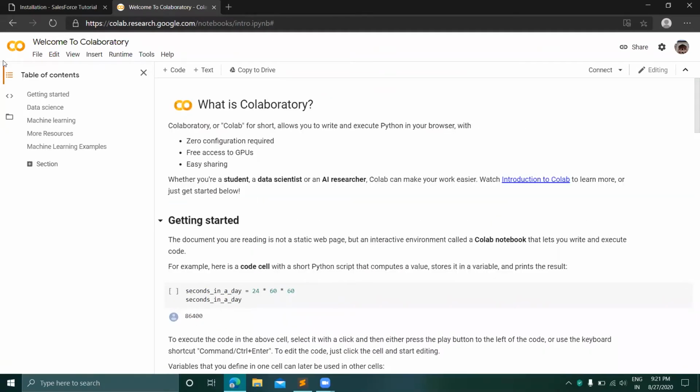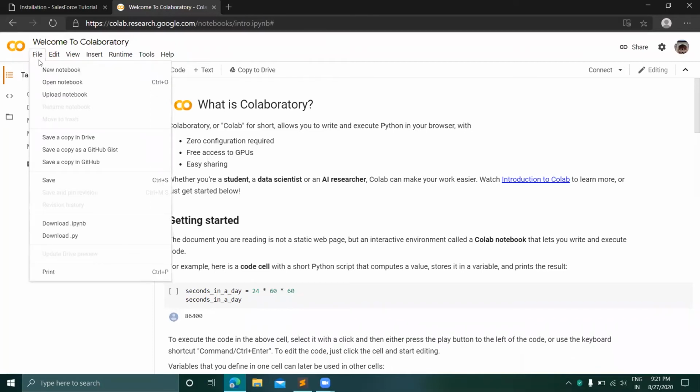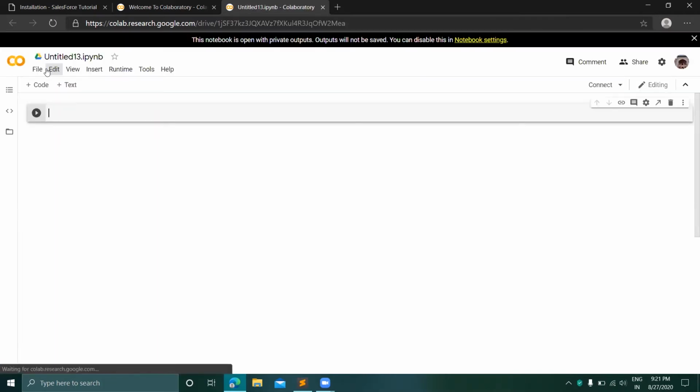Now, if you want to start Google Colab, it's very simple. Click new notebook, then it will load. You should have an internet connection for that. If you want to use Google Colaboratory, it is very efficient. Suppose you don't have a very powerful laptop, then Google will provide you the RAM and also the GPU.